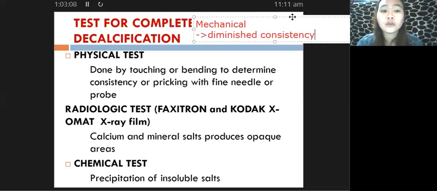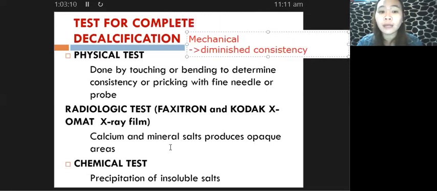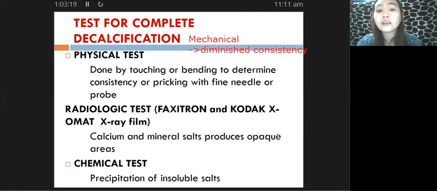So your calcium and your mineral salts will produce opaque areas in your X-ray film. And so what will indicate complete decalcification would be the absence of your opaque areas. Okay? So the additional equipment that we use for radiologic test, we have your Fixatron and your Kodak